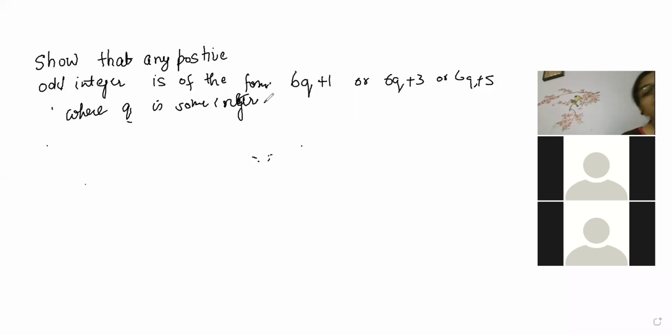Yes, Akshaya, but how are you going to represent it, beta? Any number multiplied by 6 will always be an even number. But here you see 6q plus 1 is given, 6q plus 3 is given, 6q plus 5 is given. So, beta, how to answer it particularly? That is what I am asking here.